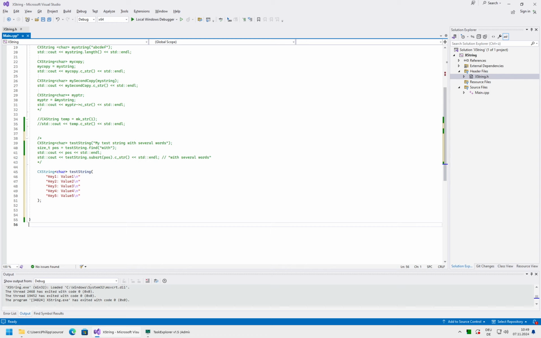VNC viewer. It should be the same, I think. Then probably it's wrong.